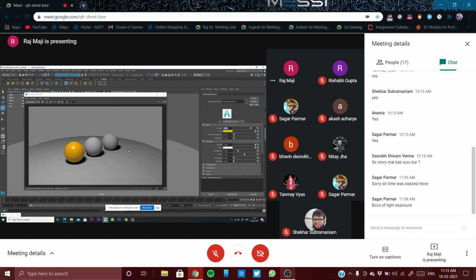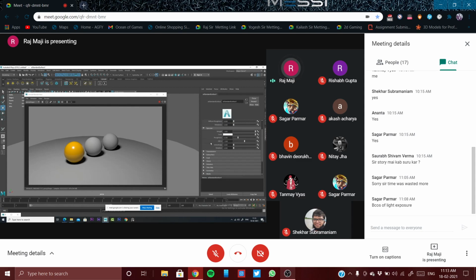roughness. So if you are using a texture on that object in diffuse roughness, what will happen when you increase it, it will try to blur the entire texture. So that is basically the diffuse roughness. It will blur the texture. In most cases we are not going to use diffuse roughness, because if we have created a texture, we need the texture like that only. And this is the metalness. I will come back to this metalness.